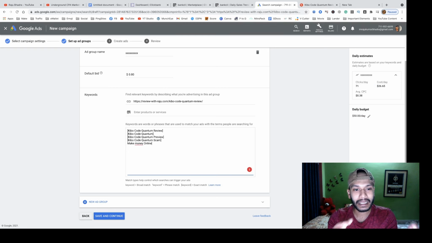If you get traffic using this keyword, then it's not super targeted. After publishing your ads, just visit the keywords and pause this keyword, that's it. Okay, now save and continue.